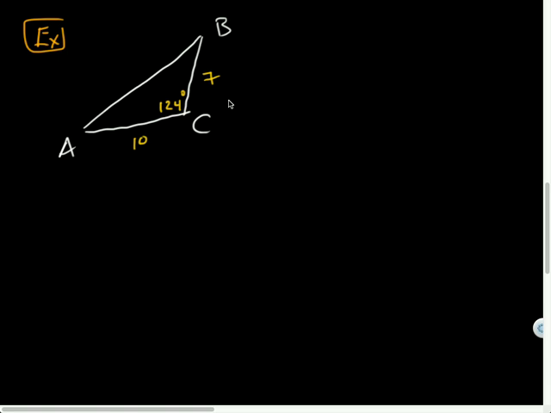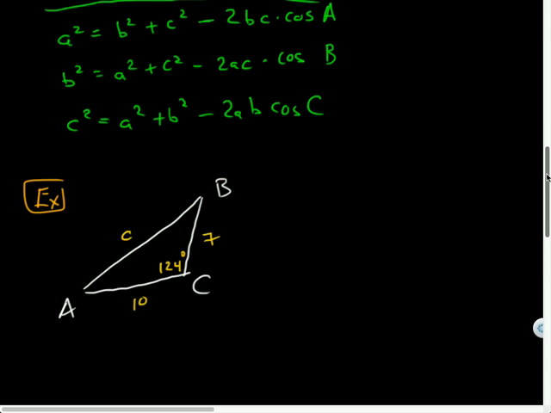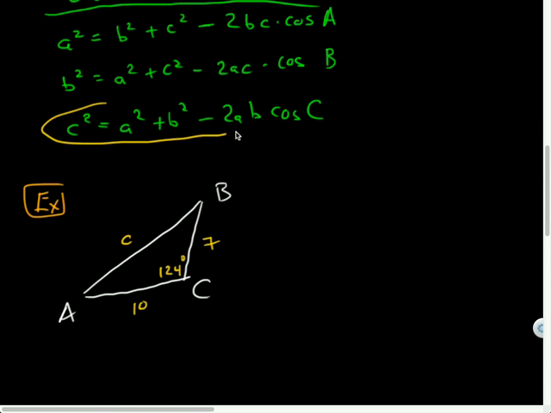All right? Now, I can't use law of sines because law of sines requires you to have a pair of the A's, the B's, or the C's. And I have neither. I've got a little a, I've got a little b, and I've got a big C. So, no, that does not work. But I can use law of cosines, and the piece of information I can find will be little c. And it turns out I'll be able to use this particular form of law of cosines, c squared equals